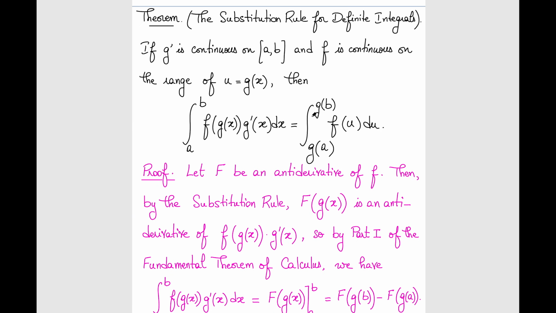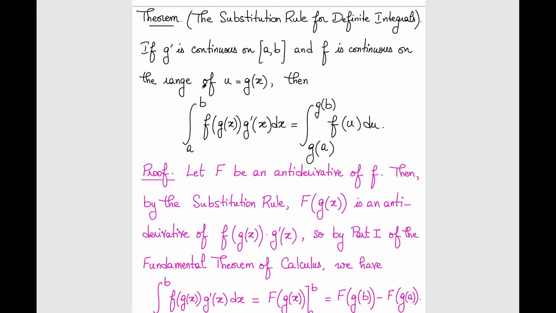It's the substitution rule for definite integrals. If g prime, for definite integrals this time, right? Definite means the bounds are defined. They are bounds. It's not just primitive. We're finding a region in some sense, the area of a region, right? The net area. If g prime is a continuous function on a closed and bounded interval [a, b], and if f